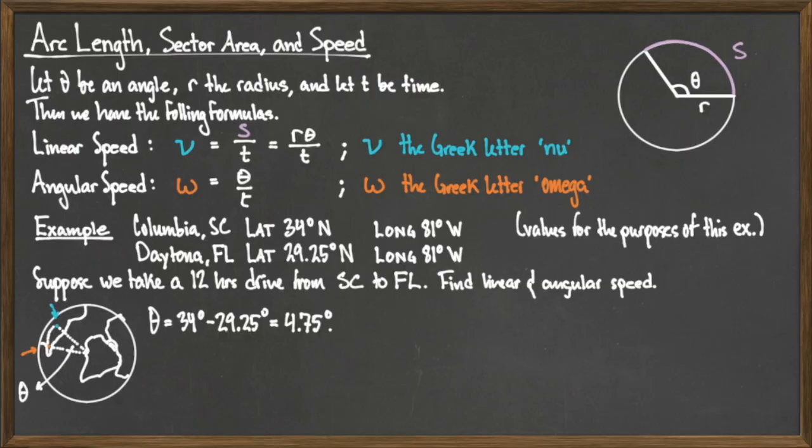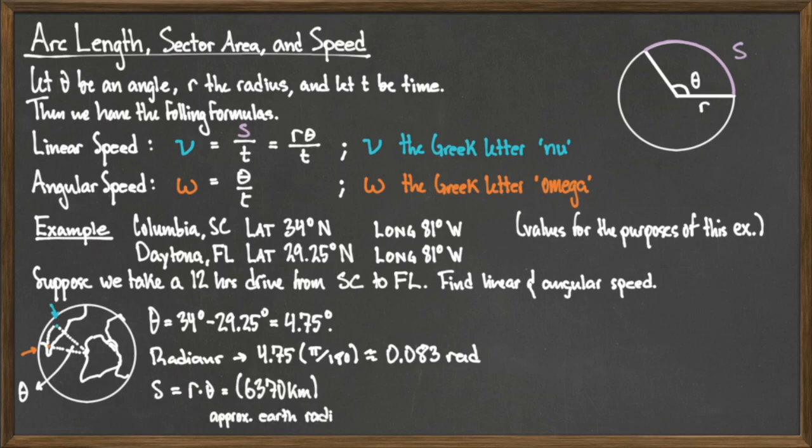Now to find the length, I just have to find the arc length when I go from Columbia to Florida. To do that, I'm going to compute s equals r times theta. And the radius of the Earth would be given in the problem. For us, it's going to be 6,370 kilometers. Multiply that by the angle that we've got, and we're going to get a value of 528.1 kilometers. So that's about the distance that we're traveling from South Carolina to Florida. And we're also assuming a straight line distance here, but again, we're given some leniency here